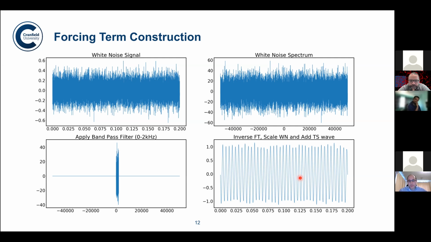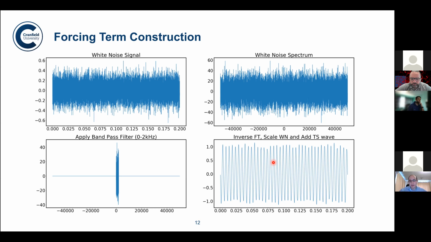Okay, so for the reproducibility test simulations, where we want to develop into turbulence, what we're using is a TS frequency sinusoid. That's the frequency predicted by linear stability theory to lie at the highest instability level for the boundary layer. And then we add a white noise component, which is about 15%